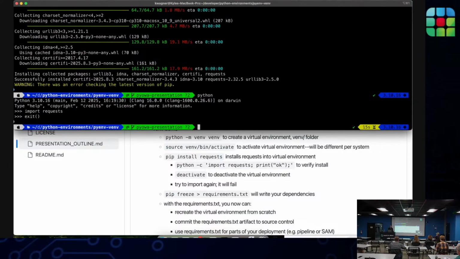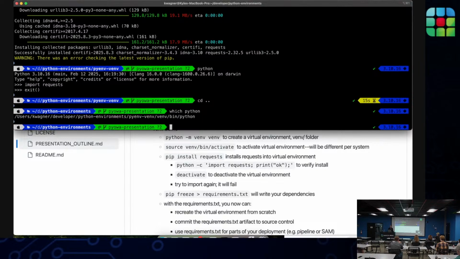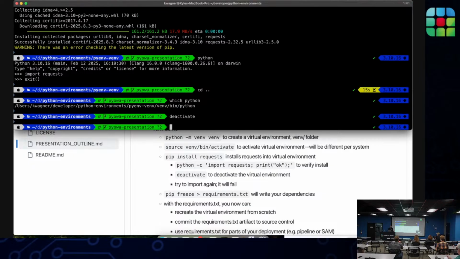So let's take a look at the time that it doesn't work. I moved up a directory, which Python. Okay, this virtual environment is still activated because which Python still points to it. So I'm gonna run deactivate to deactivate the virtual environment.